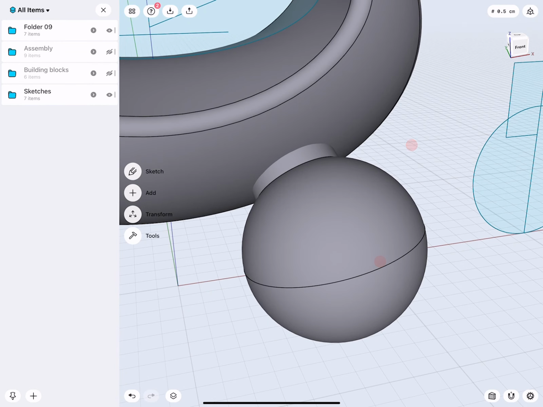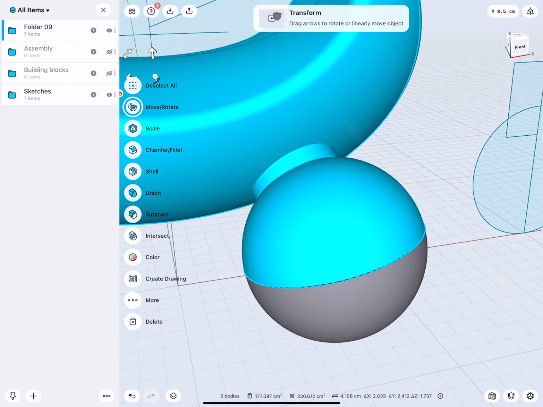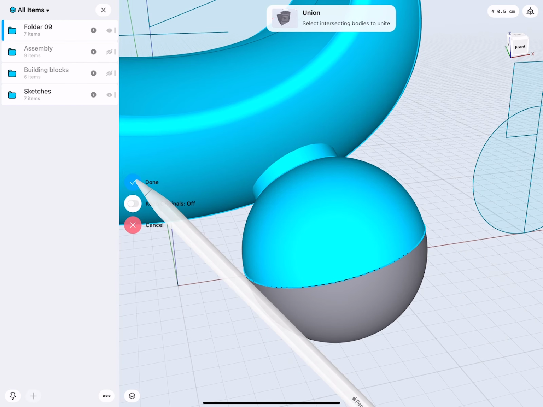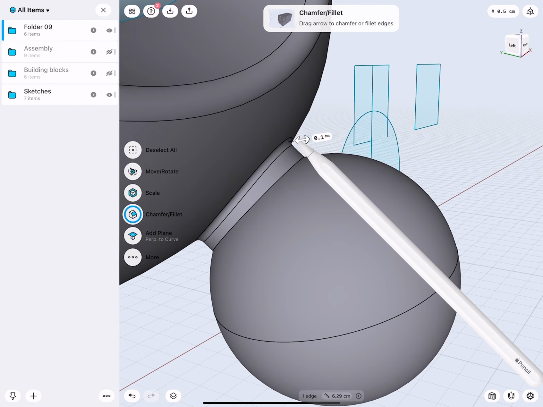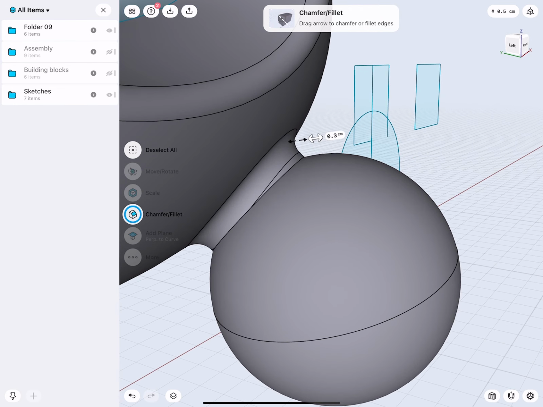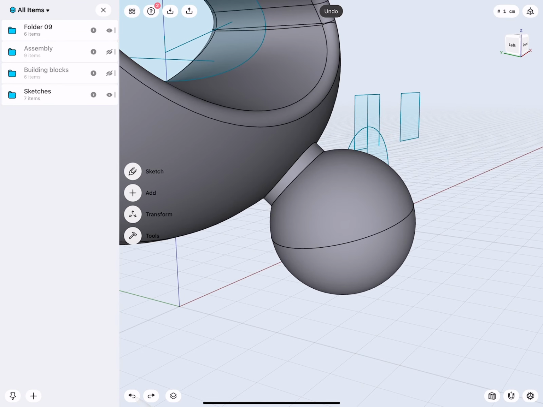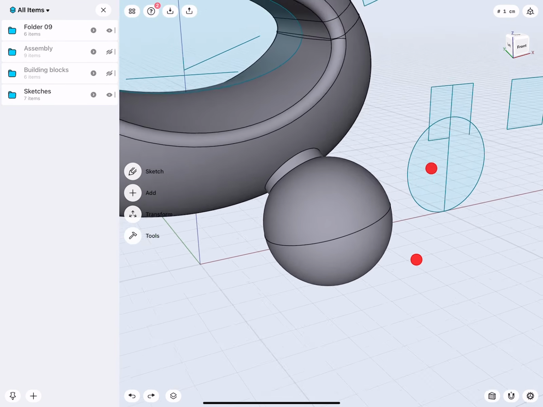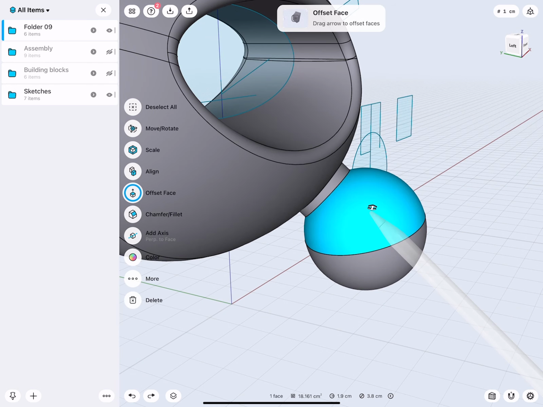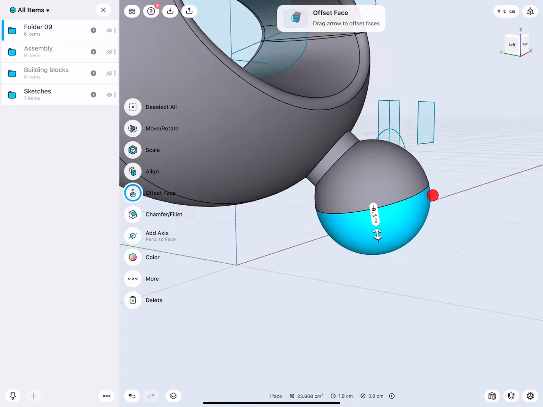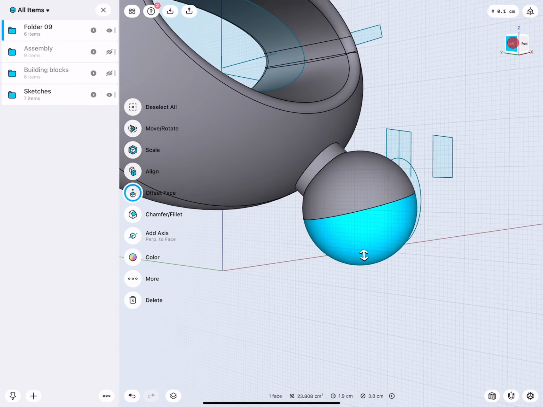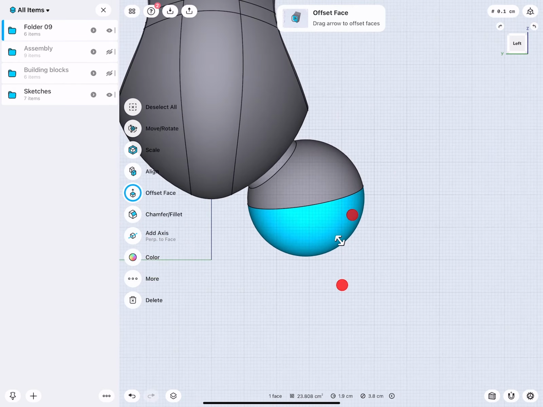Let's do a test first. Double tap, and join. Very nice. Then I get here this sharp edge, and this sharp edge I can round. Okay, it doesn't really give me that much material. I could make this a tick smaller. I could make this a tick smaller. Okay, yeah, but no, that's not on the ground.